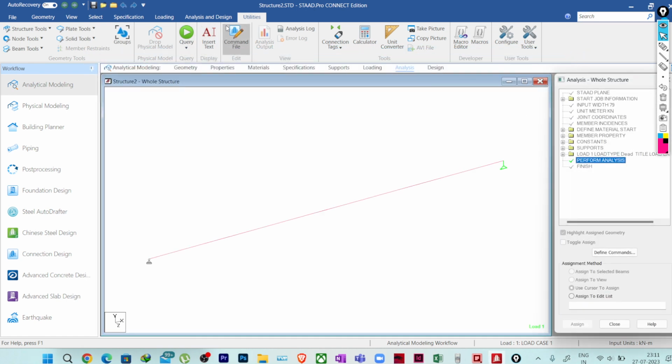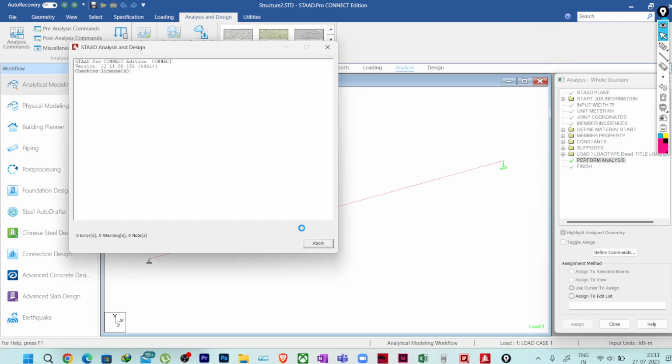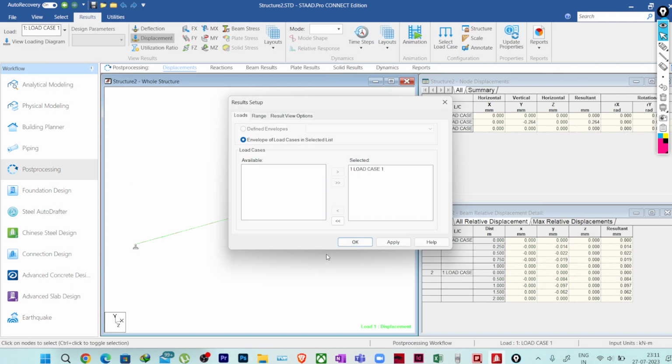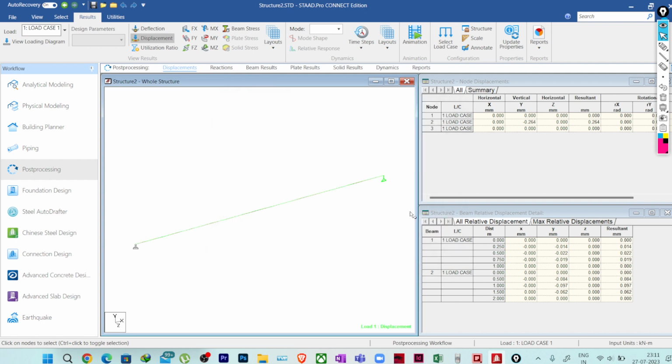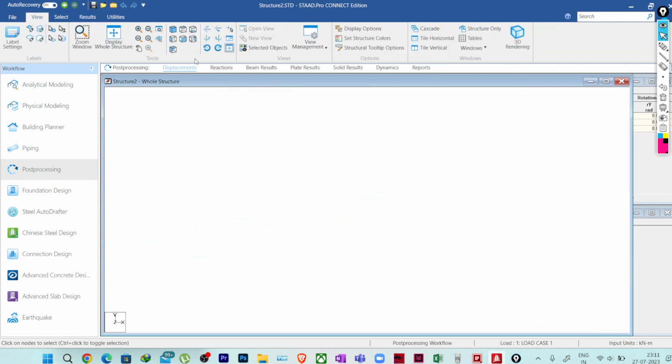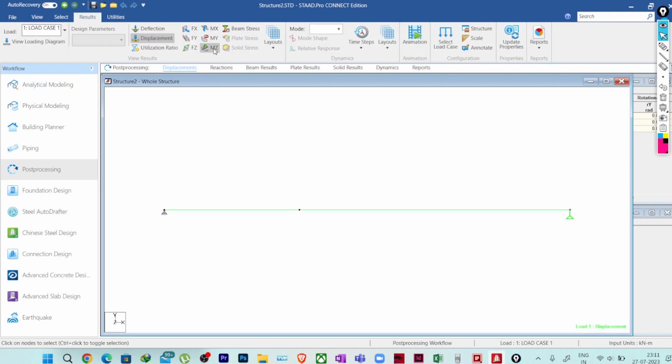Now this warning will not come. Okay, this is the instability warning. So run analysis, so no warning. Now I go to post processing mode, and for this load case I want to see the bending moment and shear force. Those who know STAAD.Pro will understand. Those who don't, you have to learn the basics first, you may see other videos. I'm just showing you how the software is giving the result. So now if I see the result, suppose for bending moment,